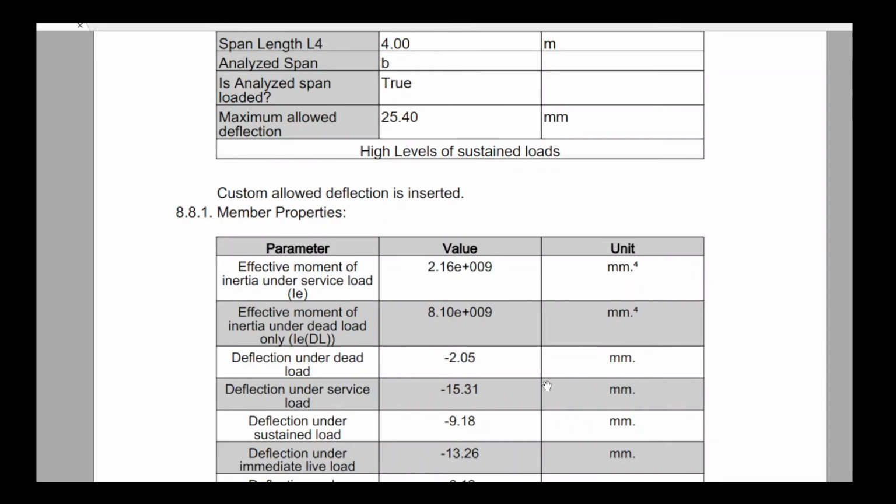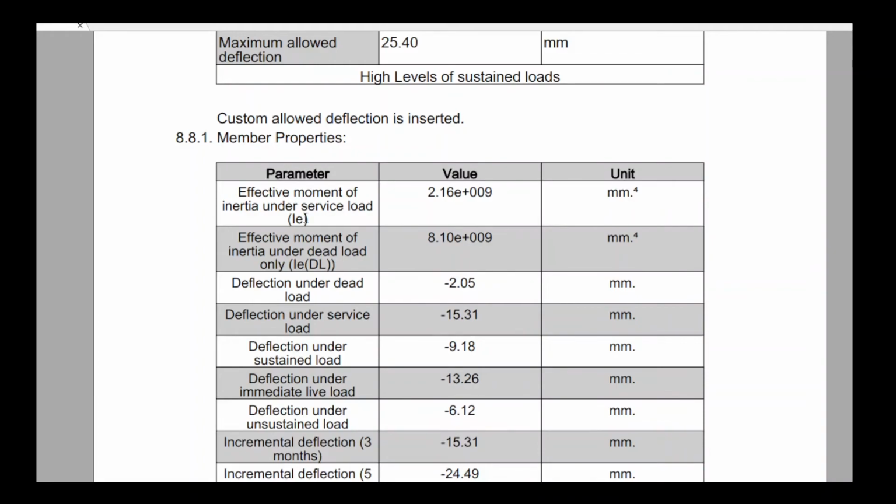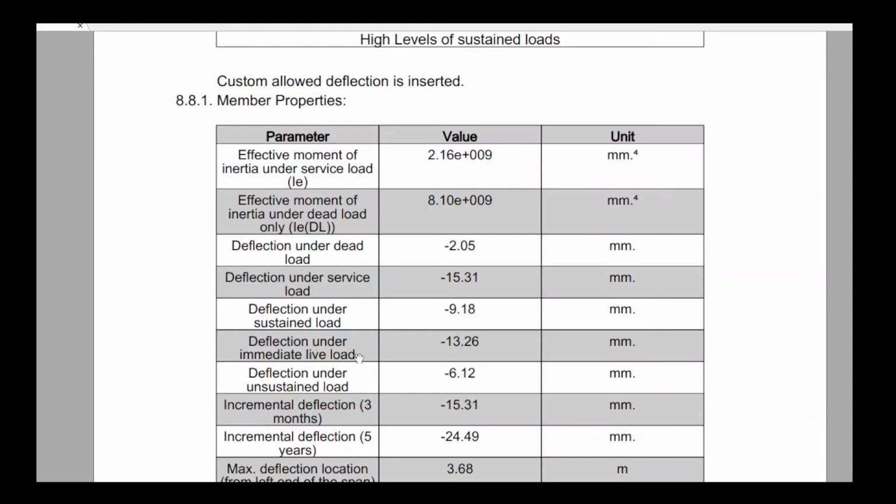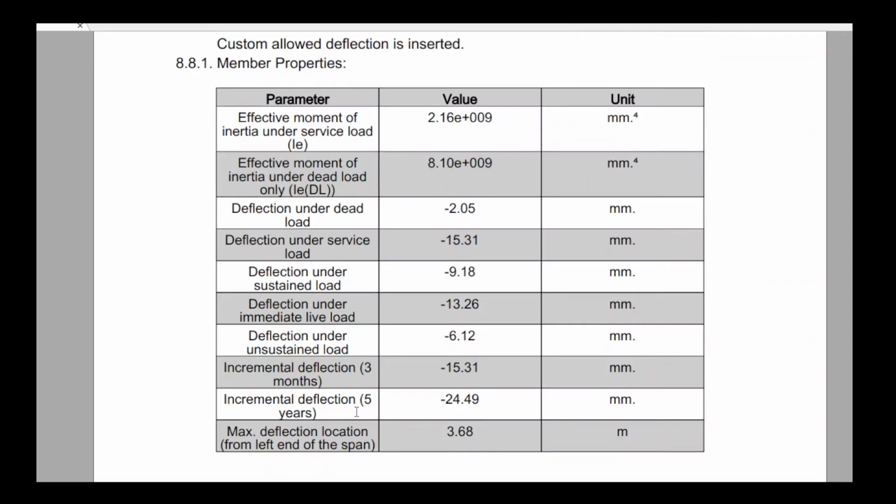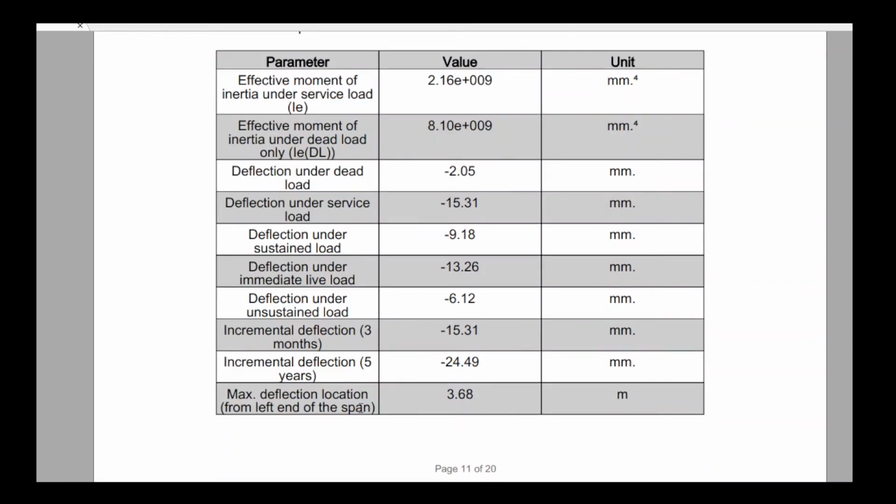Deflection is a property of the whole span, not each section by itself. So we have the property for the span, we have the effective moment of inertia under service load, I effective for the whole span, and the I effective under dead load for the whole span. We have the deflection under dead load, under service load, under sustained loads, under immediate live load, under unsustained loads, and then incremental for 3 months and incremental for 5 years, and the maximum deflection location measured from the left